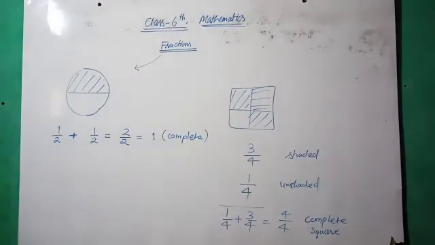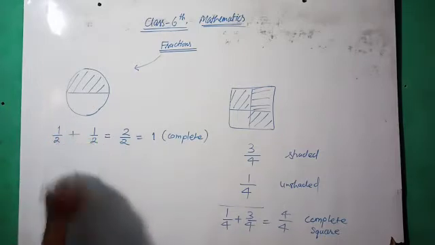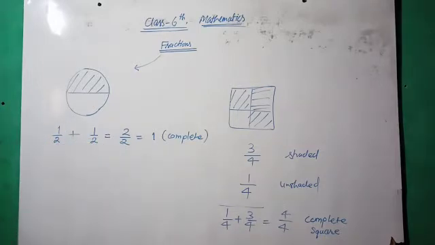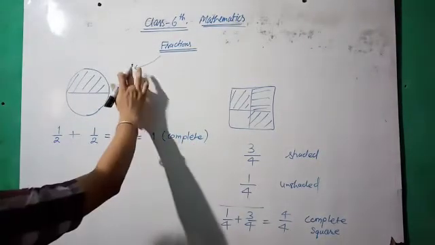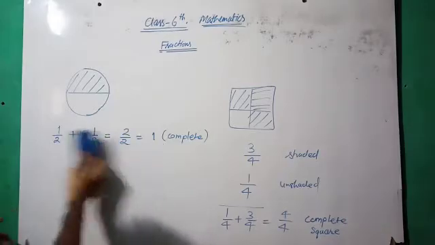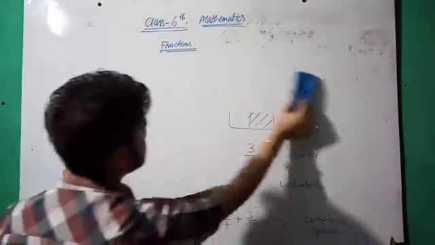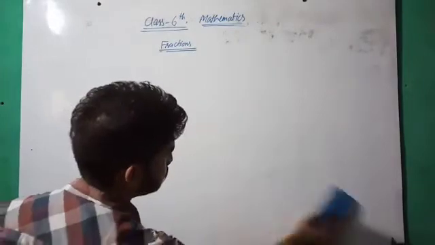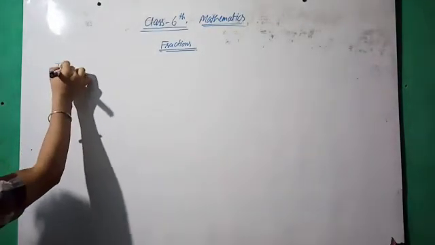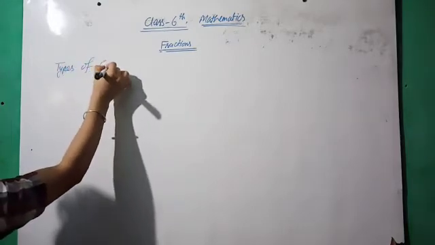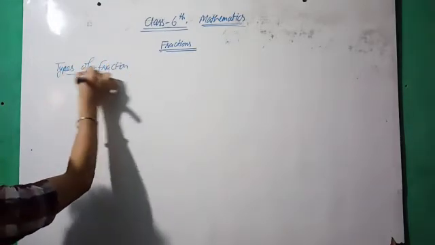or question. Okay, so let us start with the types of fraction. The types of fraction are very important. The first one is like fraction. What is like fraction? You have to note down both examples in your copy: fraction with its definition, and then these two. The next heading is types of fraction. In types of fraction, the first one is like fraction.